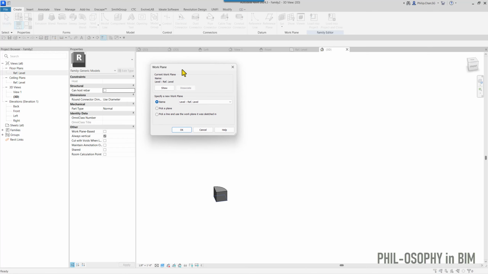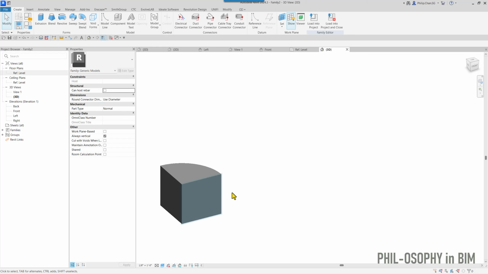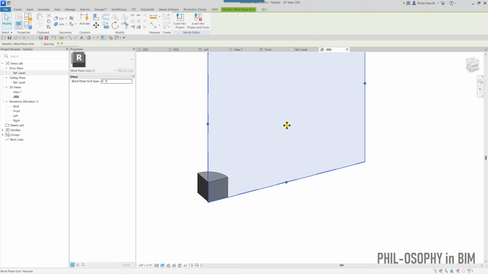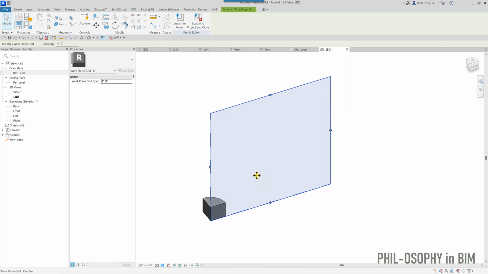This window is going to show up again. I'm going to go ahead and pick a plane again, hit OK. So you can see that with my mouse here, I'm going to zoom in here. I could choose any of these surfaces from my geometry as a work plane. So I'm going to go ahead and choose this surface here. Also, I'm going to go ahead and set up the show work plane. So you can see that now this vertical surface is going to become a hosting plane. Okay, so now with that,